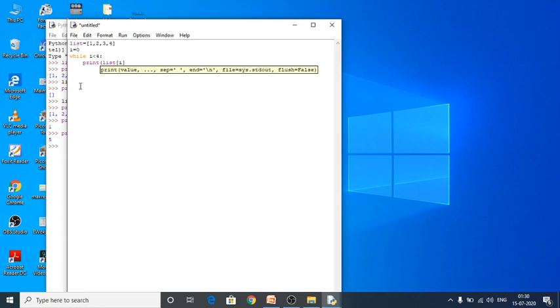Next, to print the values one by one, I have to use an increment operator for i, because i starts from 0, so it has to be incremented by one. Okay, i is equal to i plus 1. With this I have to save.